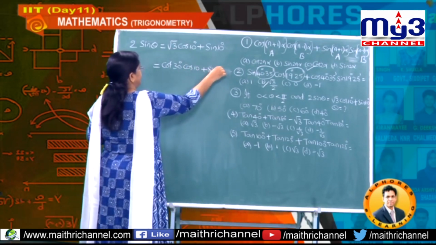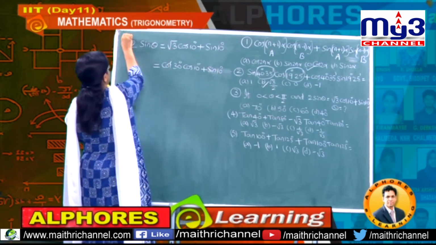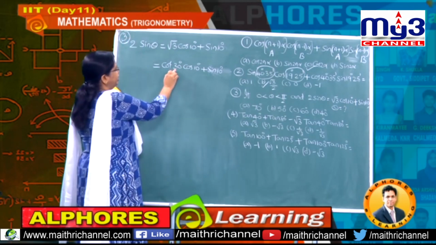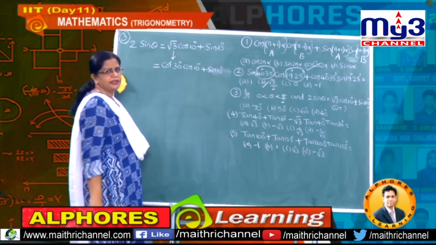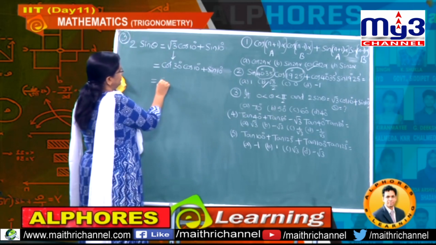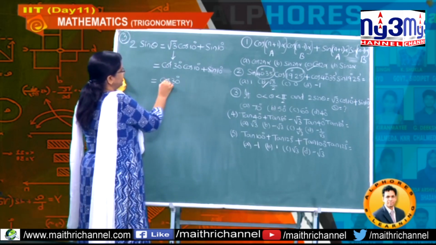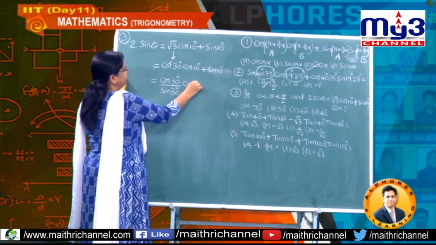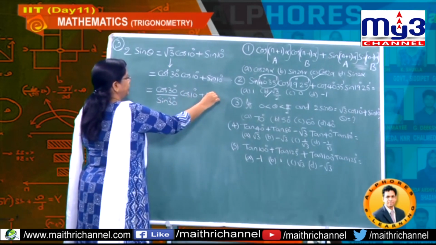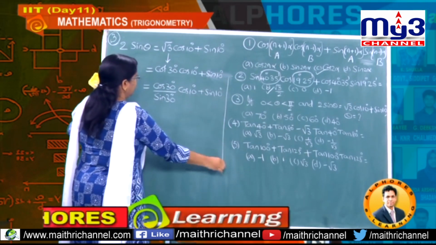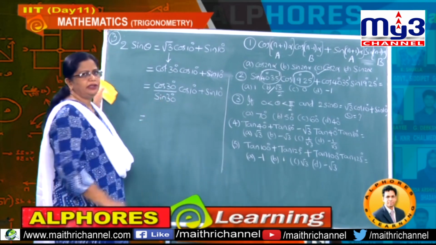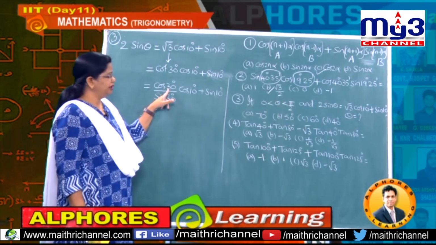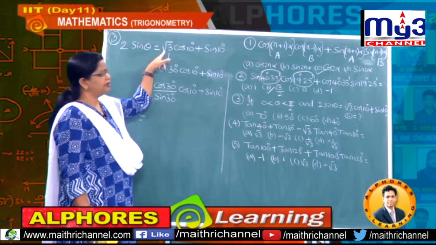Now which problem are we in, students? Third problem, understand, we are in the third problem. And now root 3 value I wrote as cot 30 degrees, right. Now this cot 30 you write as cos 30 degrees divided by sin 30 degrees into cos 10 plus sin 10 degrees, right. Now let us take this sin 30 as LCM. Known value, immediately don't write again root 3 by 2, 1 by 2 get cancelled again, you will get the same step.